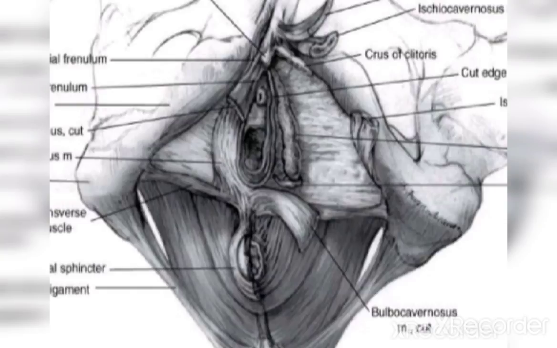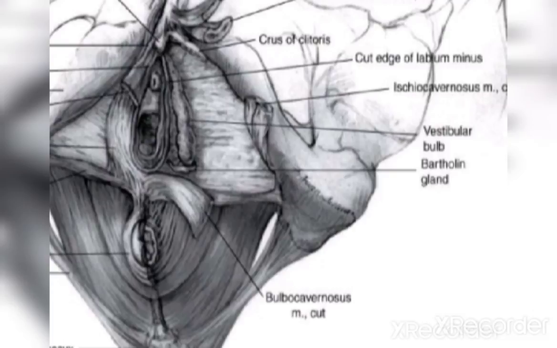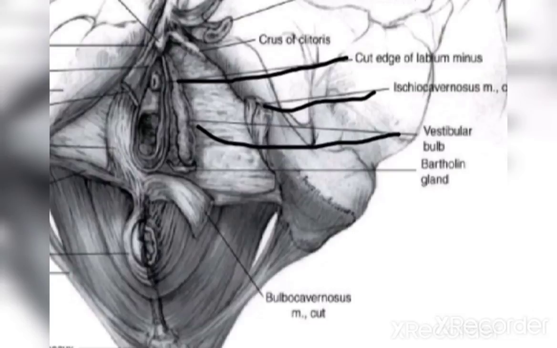Now, as you can see, this is the bulbocavernosus, ischiocavernosus, crus of clitoris, and here you can see the cut edge of labium minora. This is the ischiocavernosus muscle, vestibular bulb, then Bartholin glands,